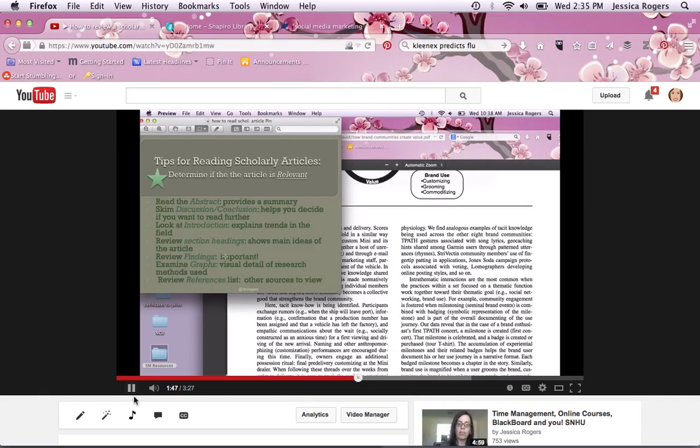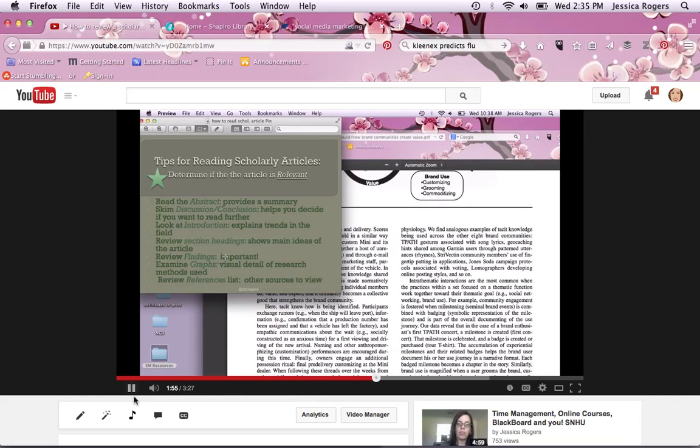Say you wanted to say that red cars sell faster than blue cars, and somebody did a study, and they found right there that 50% of the time, yada, yada, yada, it's going to give you the statistics right there. You go ahead and put it in your article and cite this particular article that you found it from. Graphs, sometimes folks want to look at the visual detail of how the research was done, and then the references